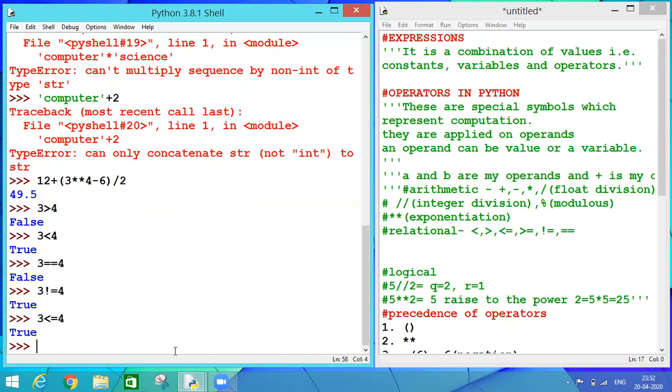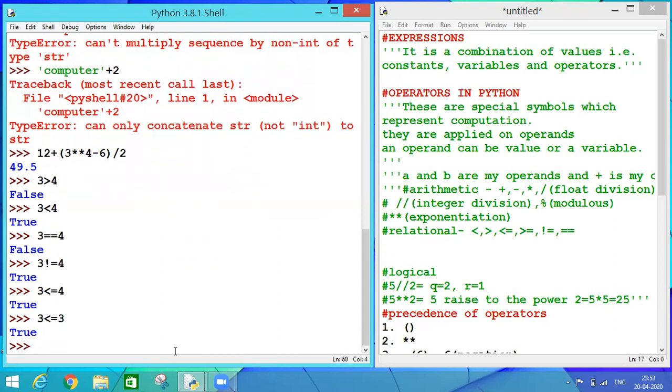So if any of the operations is true, my answer will become true. If I say 3 is less than equal to 3, although 3 is not less than 3 over here, it is equal to 3. So here my equality operation is true. So whichever operation becomes true, my answer will be that only.